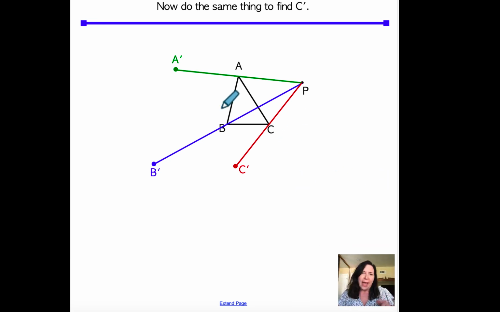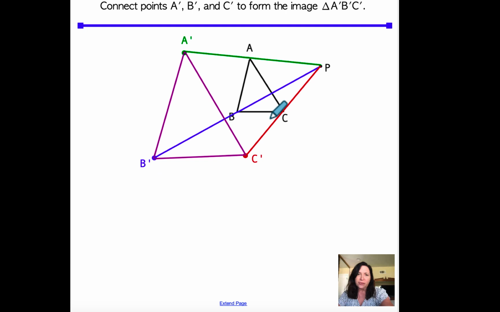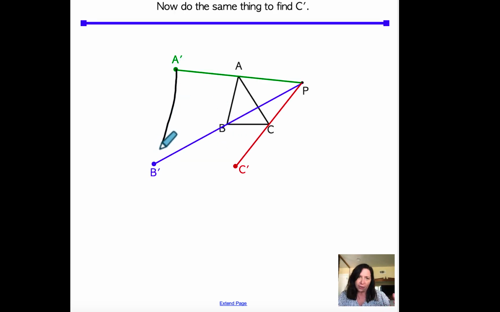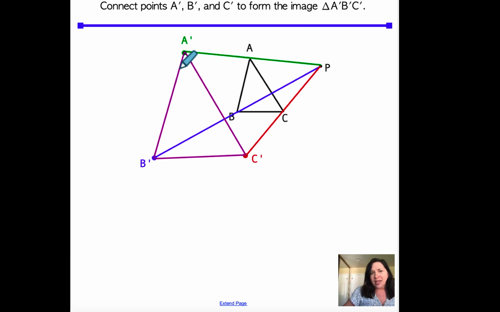Okay, so after you do this, you have A prime, B prime, and C prime. I want you to actually connect those values and then draw a little triangle, right? So if I would draw this little triangle that goes from here to here to here, that's what I want to see. Okay, and in doing that, we've connected points A, B, and C. We have a new image, right? A prime, B prime, C prime. And, you know, because this was 2 and this distance here is 4, we've actually enlarged